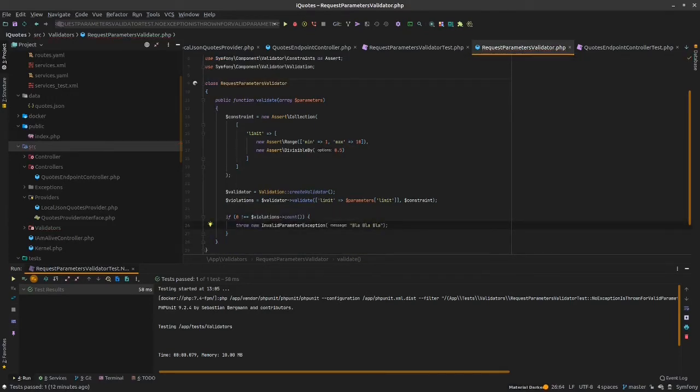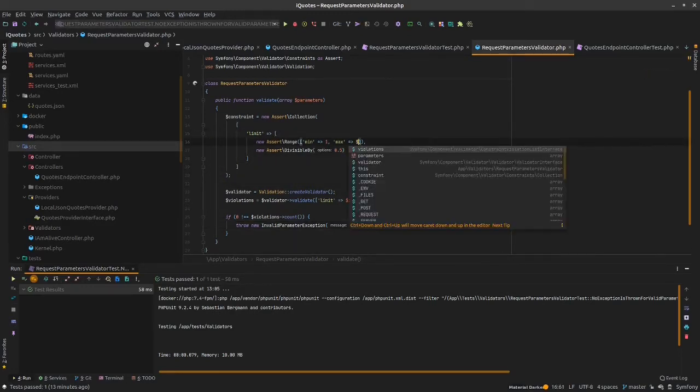If we have a violation, we can throw our exception, and I was thinking at the moment we have just one parameter, so our message can simply be invalid limit 1 to 10. And the other thing we can do is we want to get this from our parameter bag,